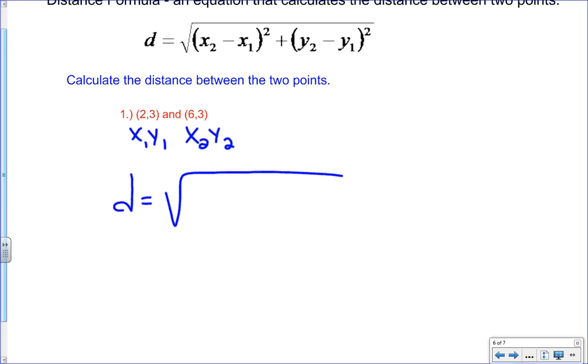And in the next example, I am going to show you 2 ways of solving these. So x sub 2 is what should come first. According to my labeling, x sub 2 is right here. It's the 6. Minus, in the formula, x sub 1, which is 2. I have to square that. Again, naturally. And one way to get rid of the negative, and also it's basically just Pythagorean theorem is all it is. Plus